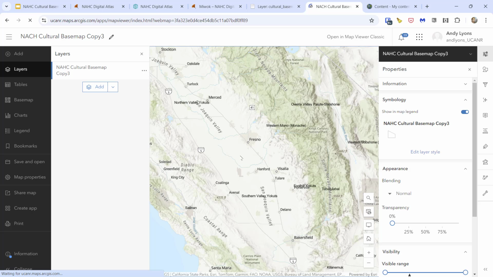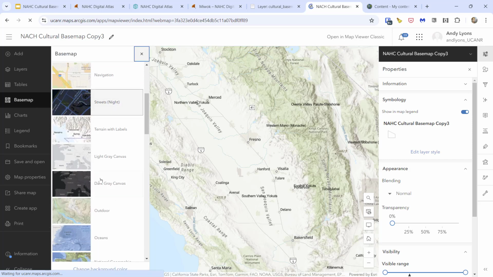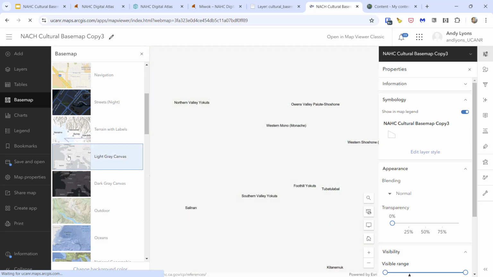So this is one thing I think we can improve upon, and there's a couple ways that we can improve upon making the labels of the cultural areas stand out and differentiate a little bit more than the names of cities. One thing we can do is change the base map. So if I click on the base map property for my web map and then maybe go with a light gray canvas,